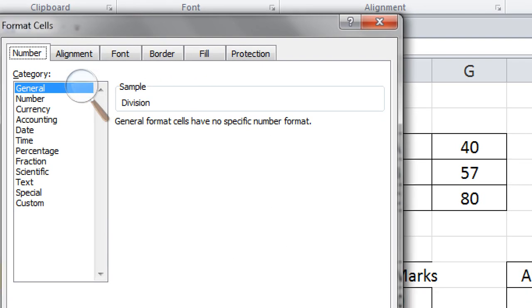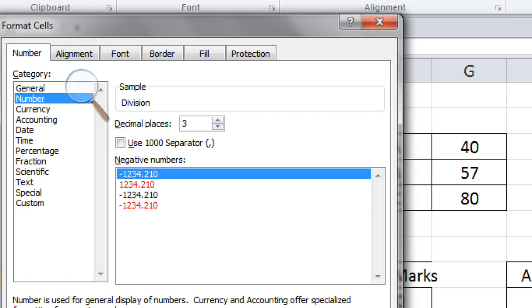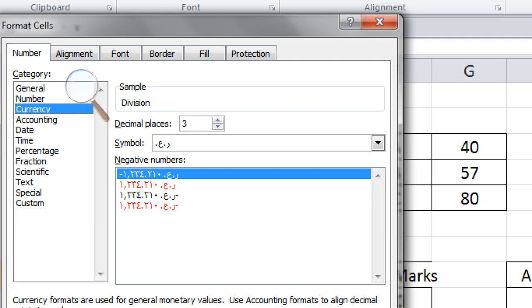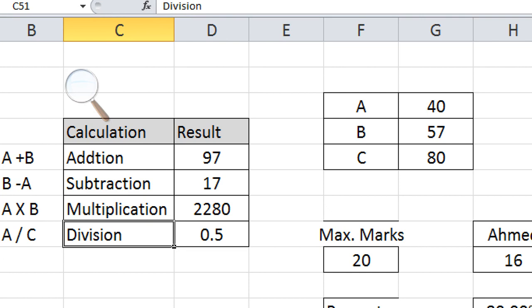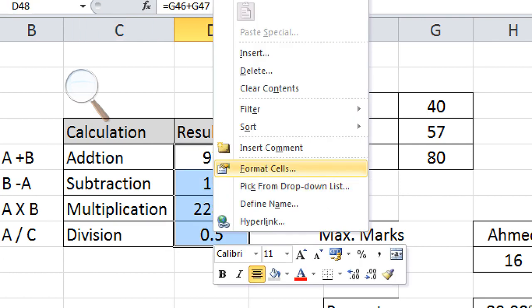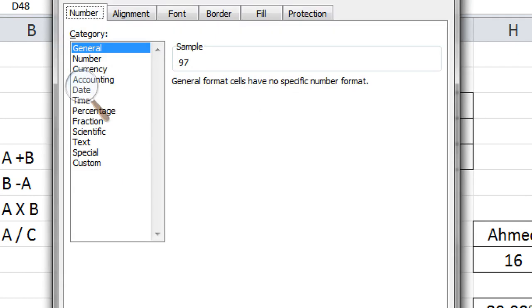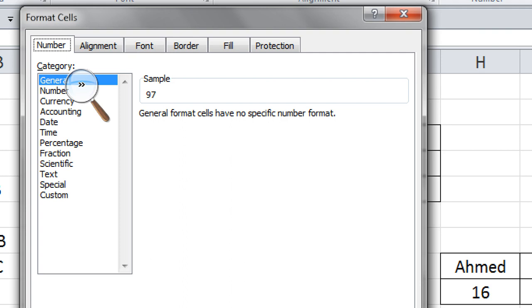If you just go to the format cell, we'll be having plenty of things over here, like whether the selected cell is a number or general. If it is general, how the decimal places should be, and so on. Here, I'll select this part and right click and format cell. So here we can see in this part,